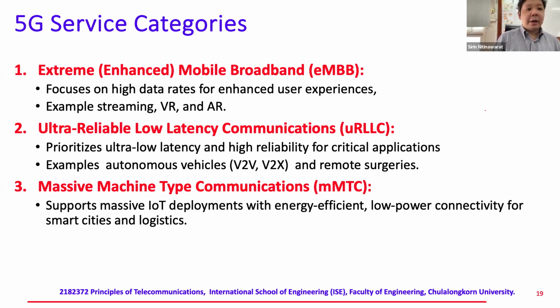challenging application areas. One is called extreme or enhanced mobile broadband. The way you should think about it is that here is like 4G at the maximum speed on steroids. So whatever you can do on 4G for the maximum speed, you should get more for 5G. That's eMBB. Something like real time gaming over the internet,